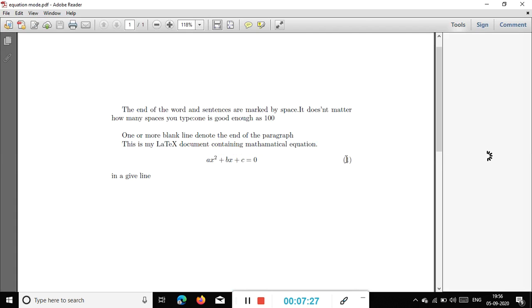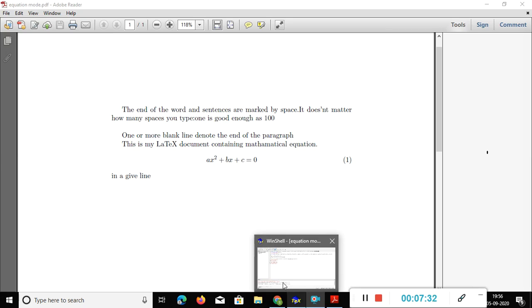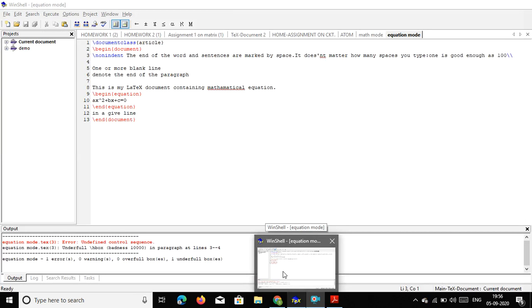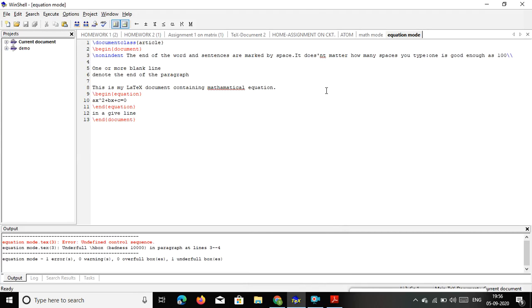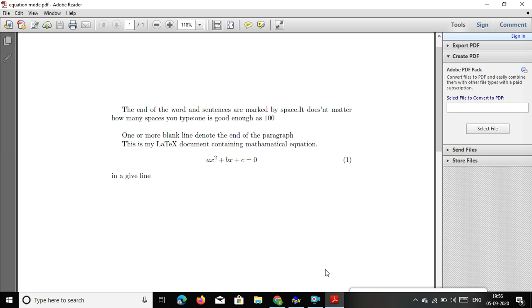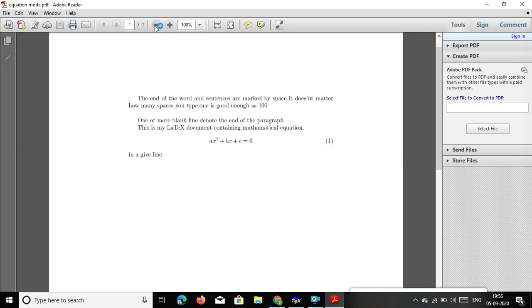If you want equation 1, what I did for equation 1 is I used label equation. When you are using the equation environment, it will show you a label. But if you are not using it, only double dollar, then it will never show you the label. So if you want the equation labeled, then you have to use the equation environment. This was the main motto of my video, to show you how to write an equation at the middle of your page with labeling, equation 1 and equation 2.